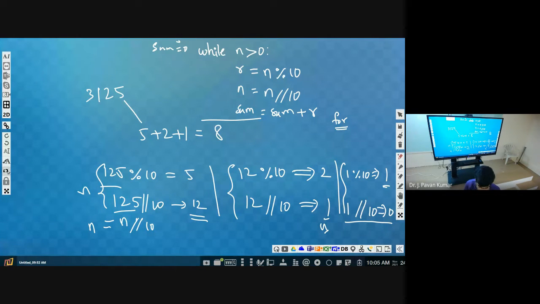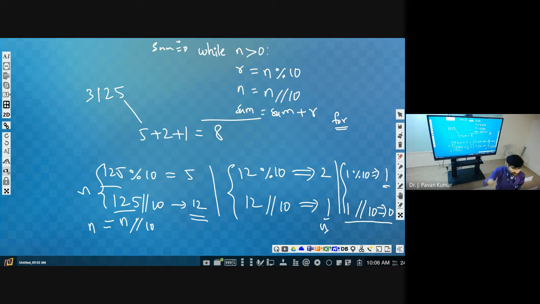Now, if you know how many times this set of statements needs to be repeated, then we will go for the for loop. I am repeating once again: if you know how many times we have to repeat the loop, then we will go for the for loop. That's why it is called a counter controlled loop. We will have some counter, and until that counter reaches the maximum bound, we will be repeating. That is a counter controlled loop.